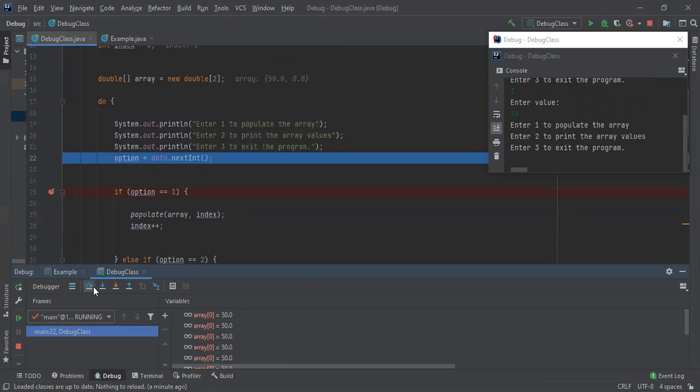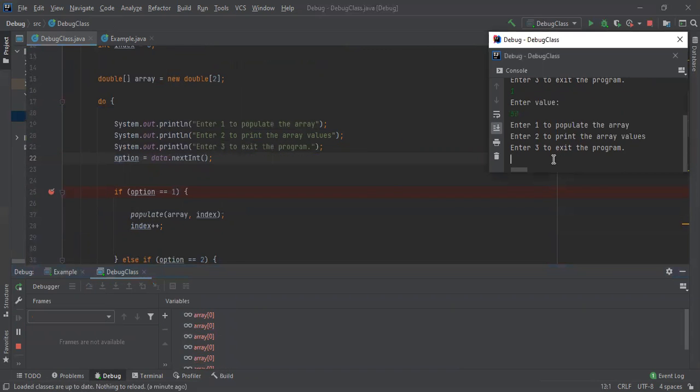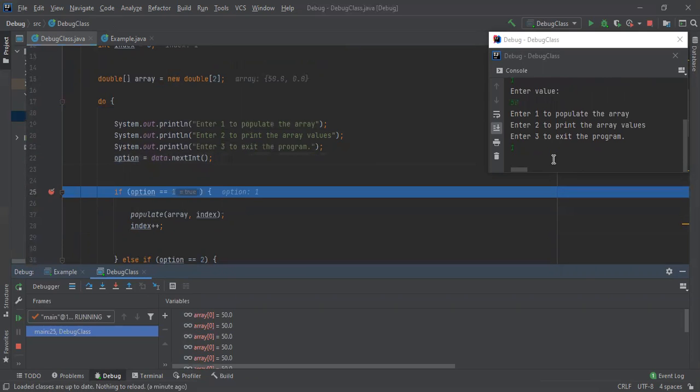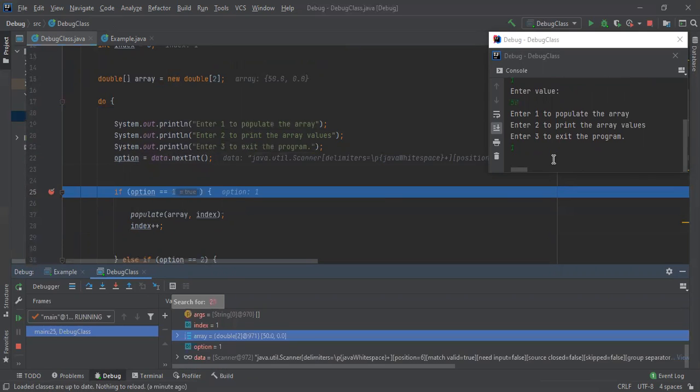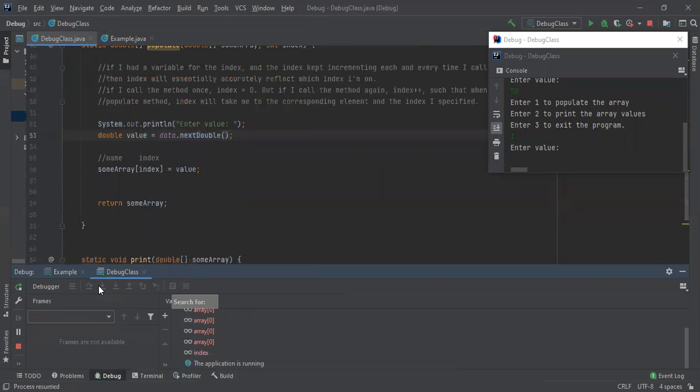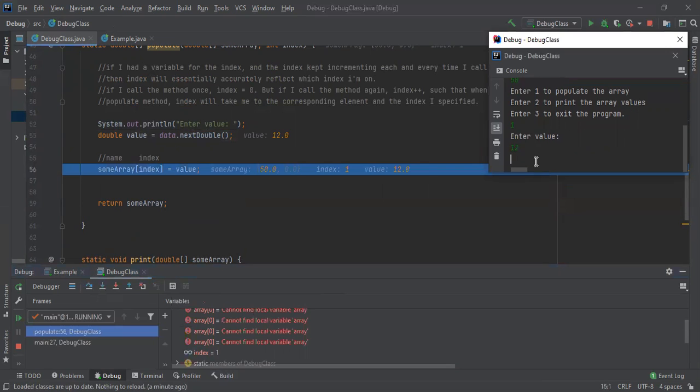We register these values, and then we do the whole thing again, right? So now we're going to answer. I want to populate the array again, and we are going to step into and populate, and it's going to do all that. Now that index is equal to 1, it's actually referring to the first index instead of just the 0th. And so now you can see after this line, it will execute, it will store value in the first index. Because again, we incremented index by 1 before, right? And so now we step into,